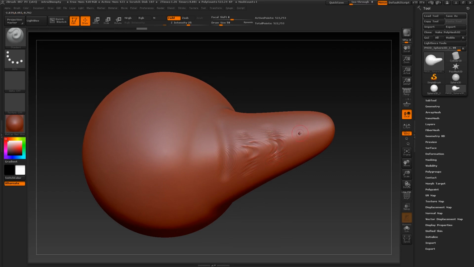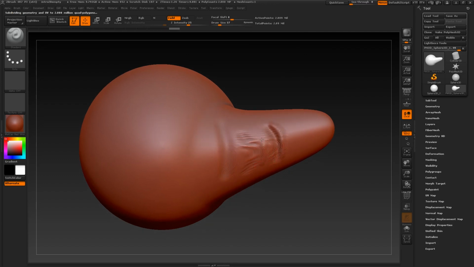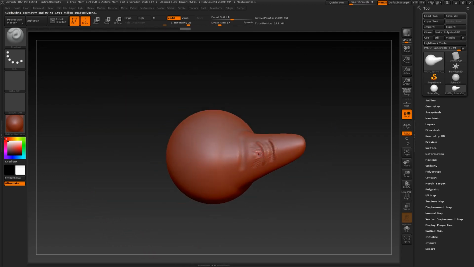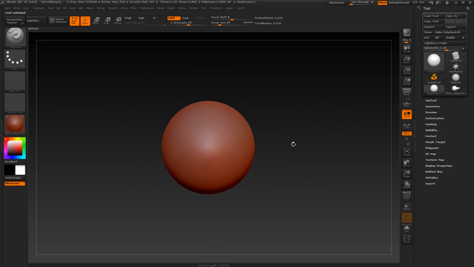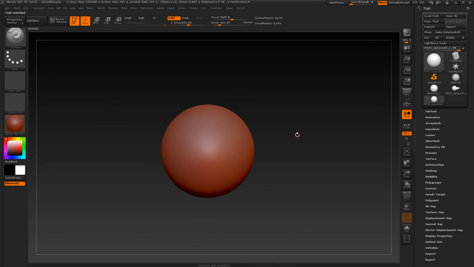Then it gets finer, and we're already at 500,000 polys. Subdivide again, and now we're at almost 3 million polys. But you can see we're still getting really shady results because there's just not a lot of topology to work with. Exactly. So if we do this again, we go back to the sphere, we go to Make PolyMesh3D,